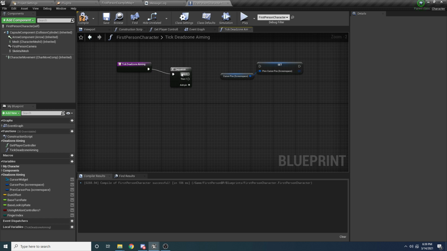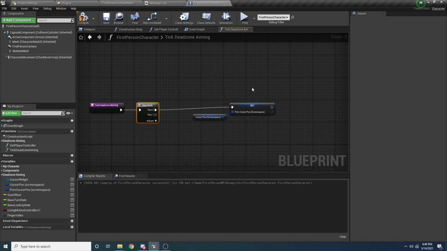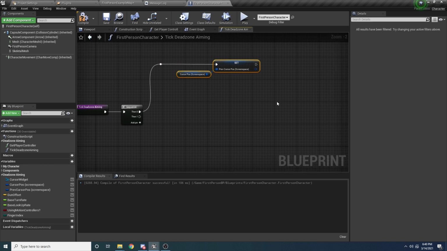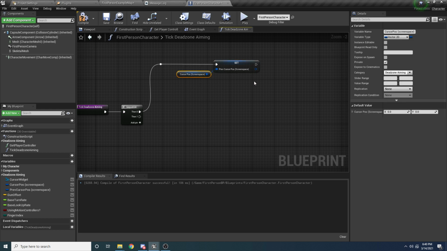And so we want to hook this up, and then this is going to go into the top part. And then I'm just going to move this up here and just add a little reroute node to make it cleaner. So the first thing we do is we save the previous cursor position. And then the next thing we need to do is update the actual cursor position. So we want the cursor position to be wherever the mouse is, basically. So we can say